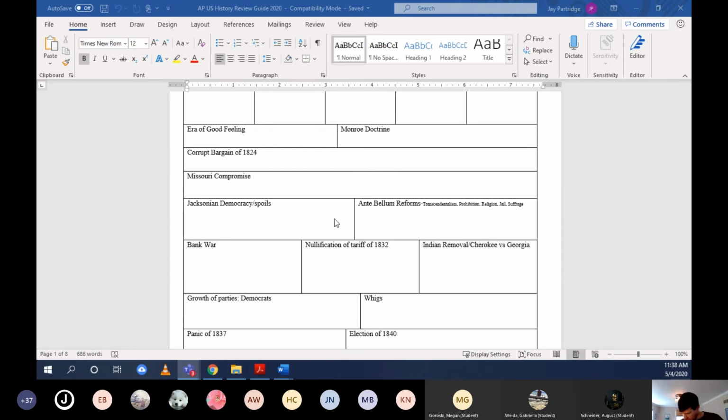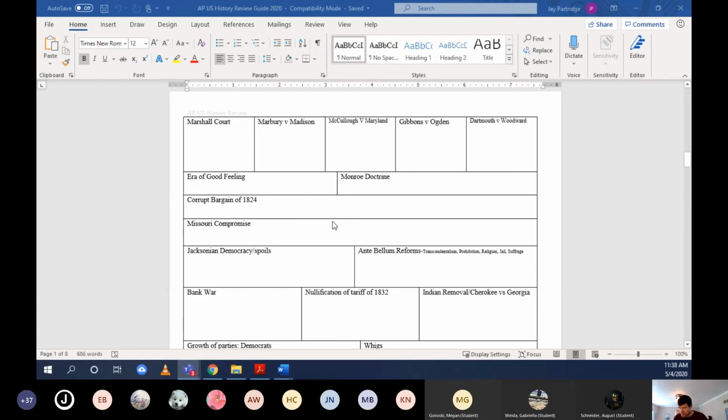Okay, McCulloch versus Maryland. So McCulloch versus Maryland is one of the most important decisions of the Marshall Court. The Federalist Court, even after the Federalists were gone, John Marshall, appointed by Adams, would influence the U.S. government all the way through the 1830s until he died. And the big thing was the Marshall Court put more power into the hands of the federal government. And McCulloch versus Maryland is one of the most important ones. What it said is that the Bank of the United States,